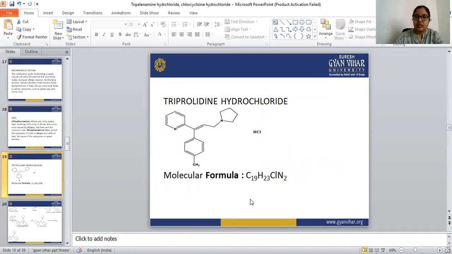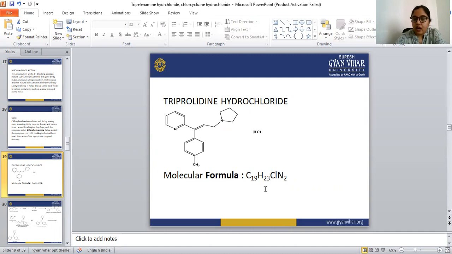The next drug is triprolidine hydrochloride. In our syllabus, we have to learn the synthesis of triprolidine hydrochloride too. This is the structure of triprolidine hydrochloride, and the molecular formula of triprolidine hydrochloride is